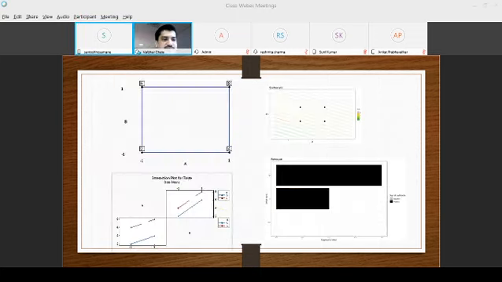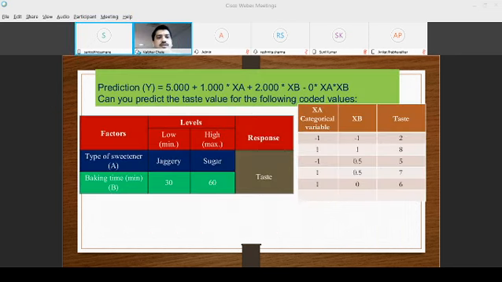Now what all the things that we have learned in this particular example? We understood how to draw a cube plot, how to draw a contour plot, and what is the significance of Pareto plot, and how we can go for interaction plots. So can you predict the values? For xa minus 1 and xb minus 1, that is minus 1, these are coded variables. If someone asks you, okay, let me check the taste